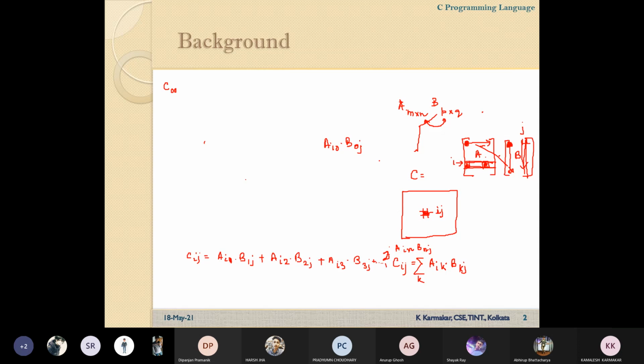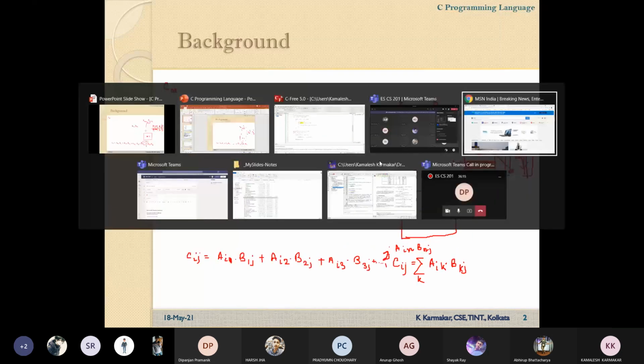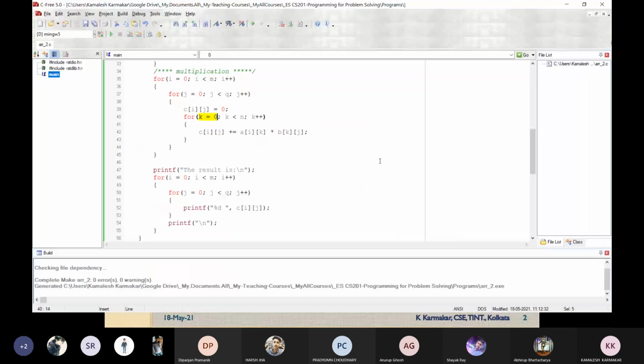In every iteration this value will be calculated by the value of k, where k starts from 0. So k equals 0 to n, this loop will run. Basically k is controlling the loop to multiply n times.